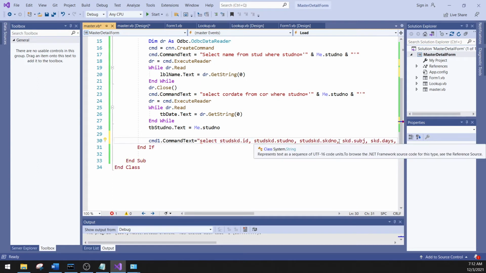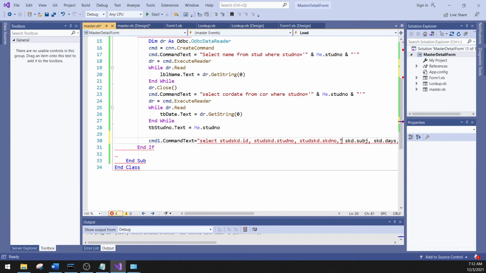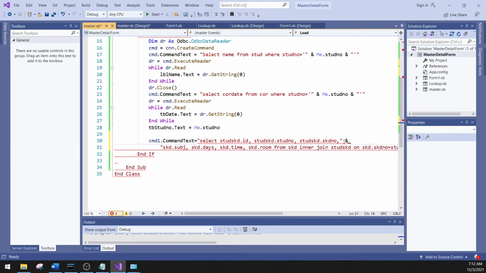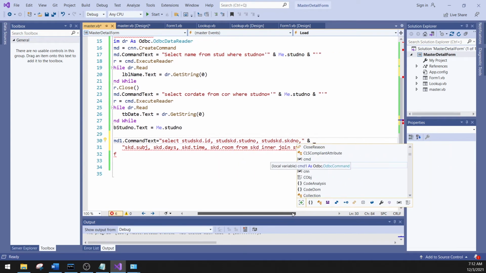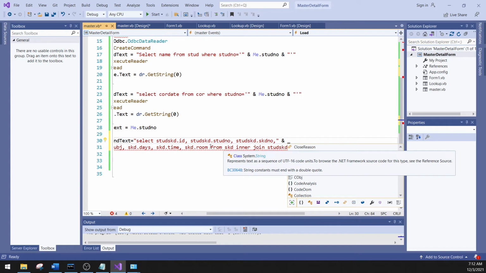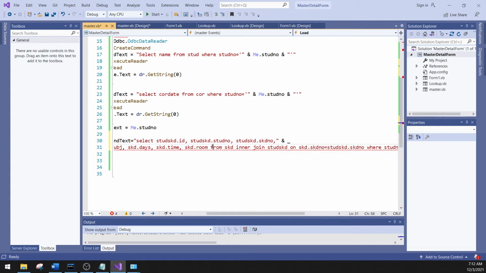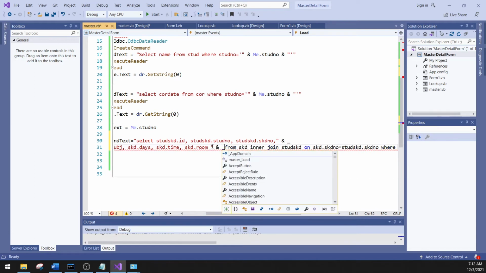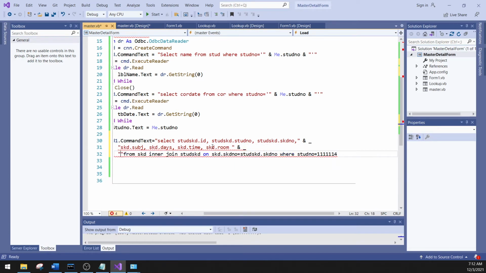Let's cut ampersand underscore and the inner join from ampersand there. And then